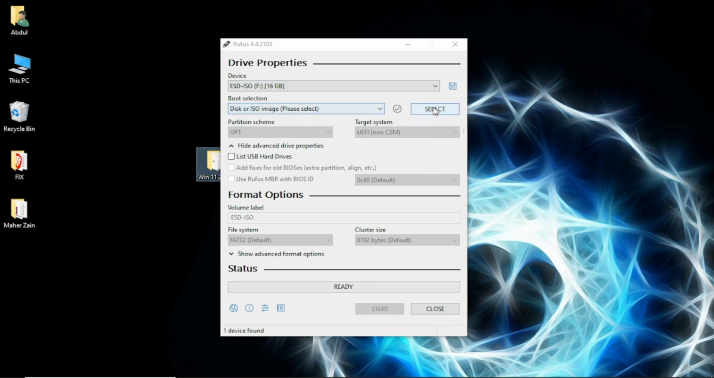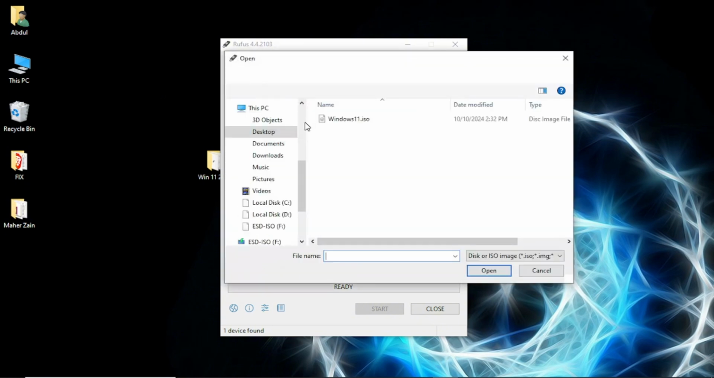and the next selection is to select the ISO file. So let's just click on select and just navigate to whichever folder that you have saved your ISO